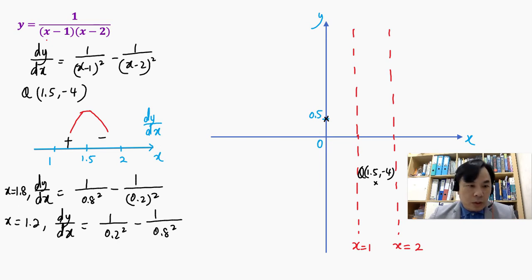Therefore, at this point, I can straight away sketch, since I know that both of these are asymptotes. And then there you have it. That's the first part. All right, now I hope that's clear. And then the next part would be